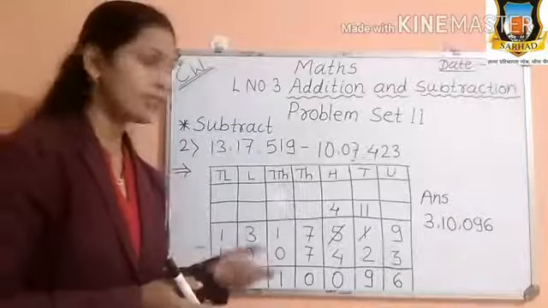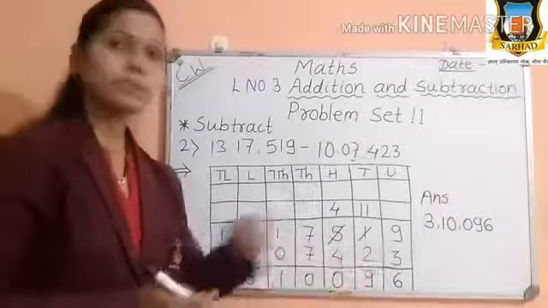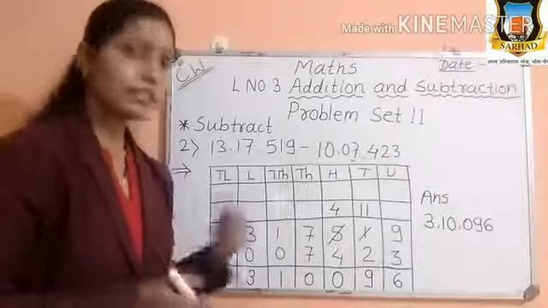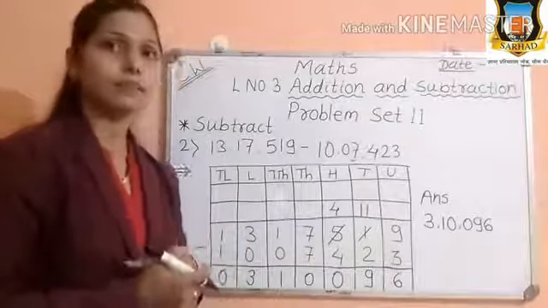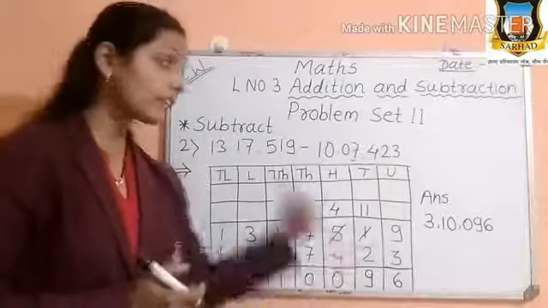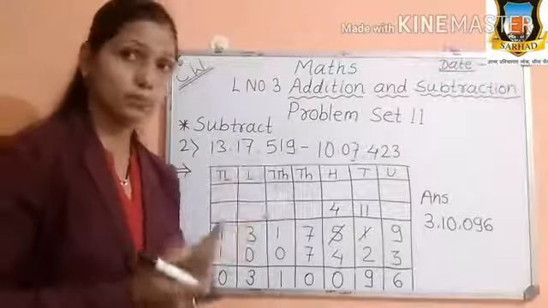Okay, so what is the subtrahend, the subtracted? The numbers which we have to subtract. See the number. If the number is smaller than the numbers that we have to subtract,